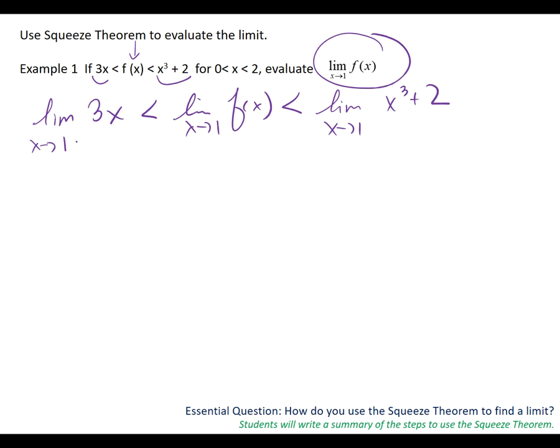Alright. We learned about this and this, two days ago, right? What am I supposed to do with these ones? Plug them in. So let's plug it into the left function, plug it into the right function. So plugging 1 in, what's 3 times 1? 3. I leave the thing in the middle alone because that's what I'm trying to